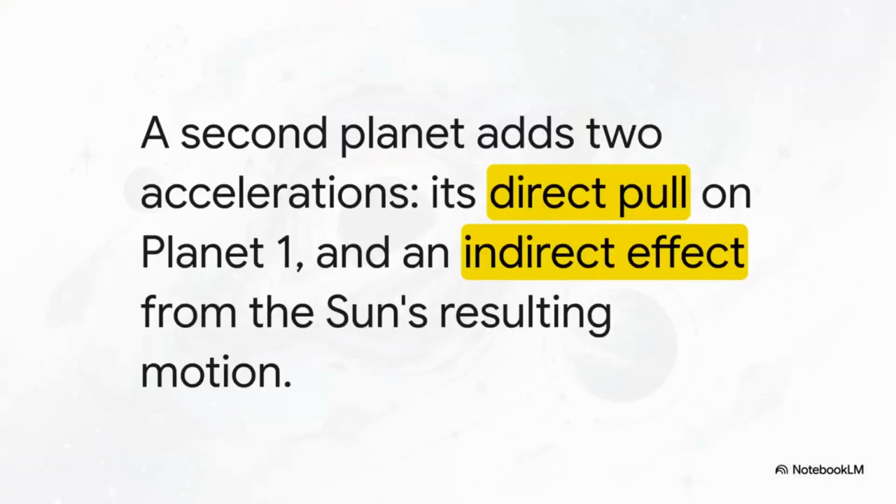Okay, now let's introduce our perturbing body, Planet 2. It brings two new accelerations into the mix. First, you have the direct gravitational pull from P2 on P1. That's the obvious one. But there is a second, much more subtle effect. You see, P2 is also pulling on the Sun, and because we are measuring all of this motion relative to the Sun, we're in an accelerating, non-inertial frame of reference. To account for this, we have to add another vector that's equal and opposite to the Sun's own acceleration from P2's pull. This basically accounts for the fact that the origin of our coordinate system is itself being tugged around.